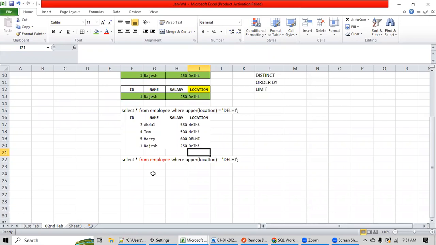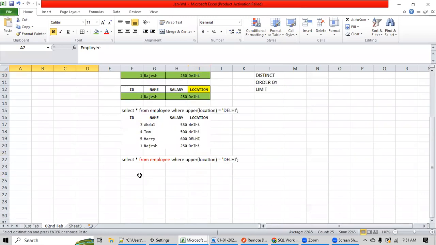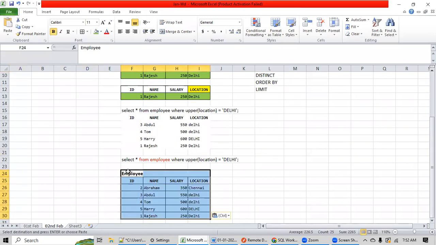It will copy it and store it in temporary memory. So from employee: in your database, you can have 1,000 tables, 2,000 tables. That is why you have to tell the engine from which table you want data. We want data from the employee table. This is the employee table. Any questions so far?